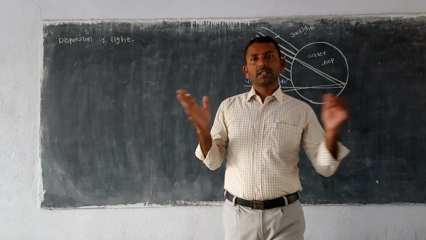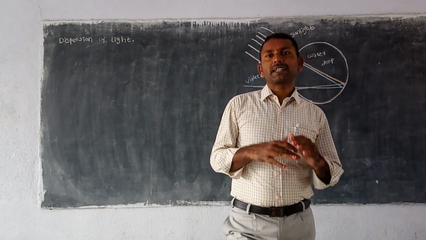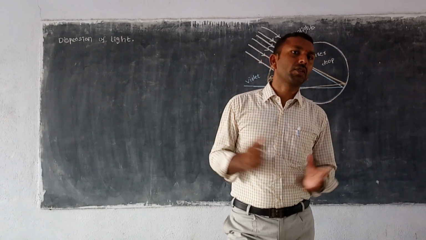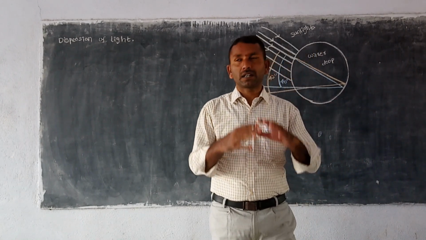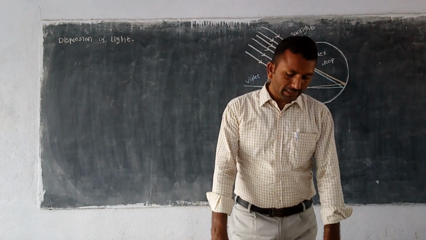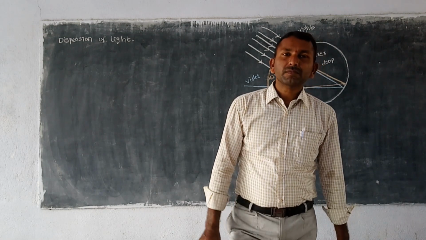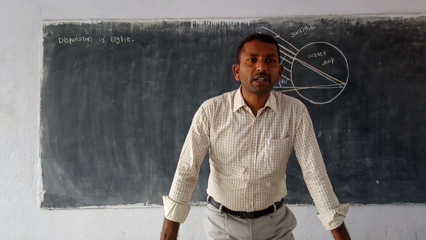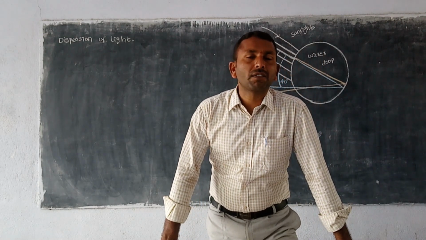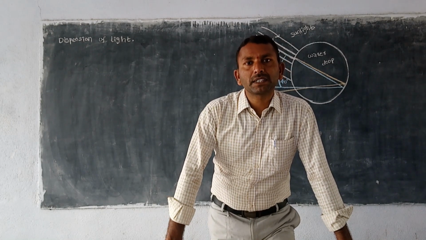Disperse means spreads away. If a group of people are here, they disperse. Disperse means they go in their own directions, that is, the four directions of the earth. So what is happening here? If you see a number of colors in the sky, what is the reason for that? When a rainbow appears, what is the reason for that?